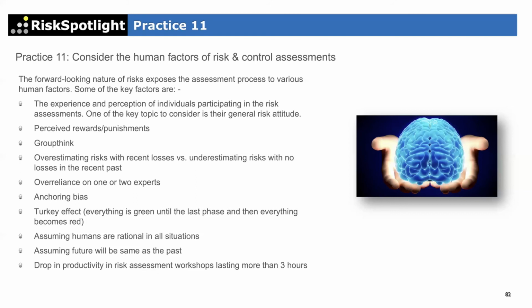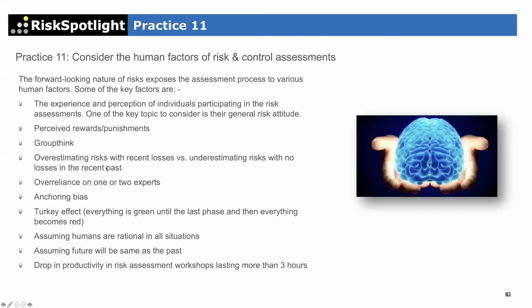Then there's an element of groupthink. This typically happens when you get into a risk assessment and you are assessing, let's say, 10 risks, and there's not a lot of critical thinking. The first person says, oh yeah, I think this is high, and then everybody agrees and nobody challenges. That's an example of groupthink, where you're just trying to get through the motions. You're not really thinking about the risk in a critical way.